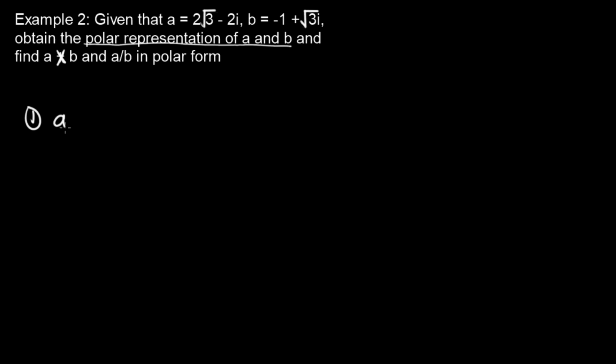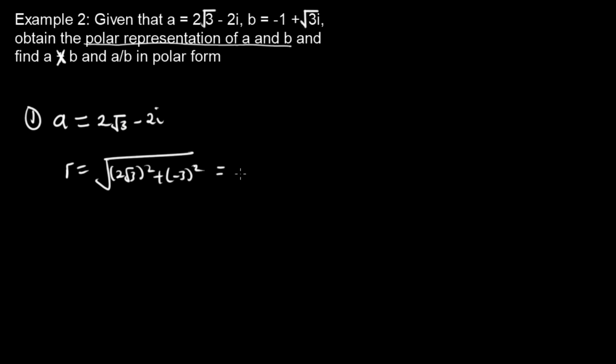So we have A giving us 2 root 3 minus 2i. Here we are going to have our r equal to the square root of (2 root 3) squared plus (negative 2) squared, and this equals 4. Also, to find